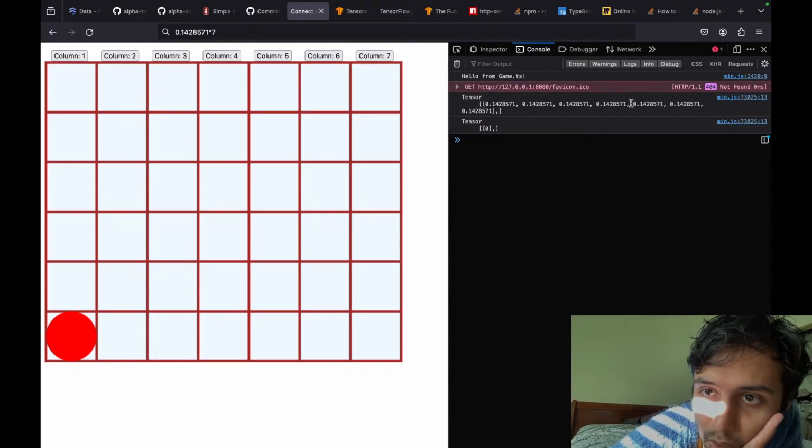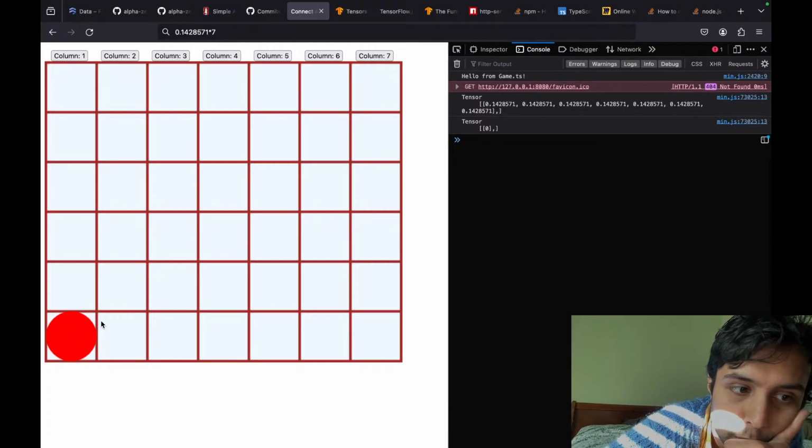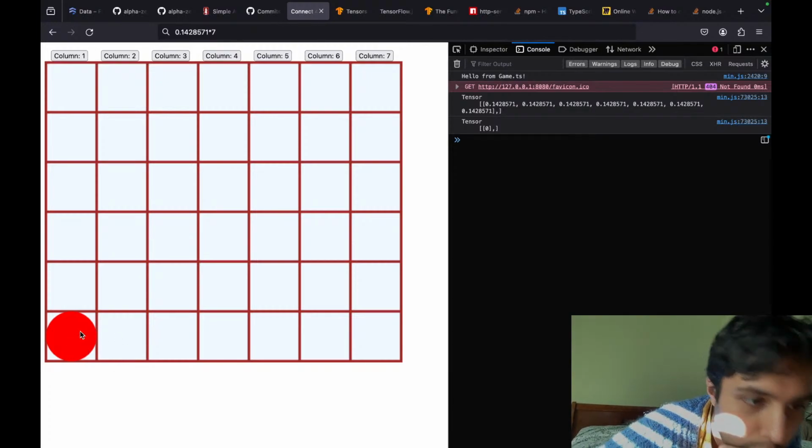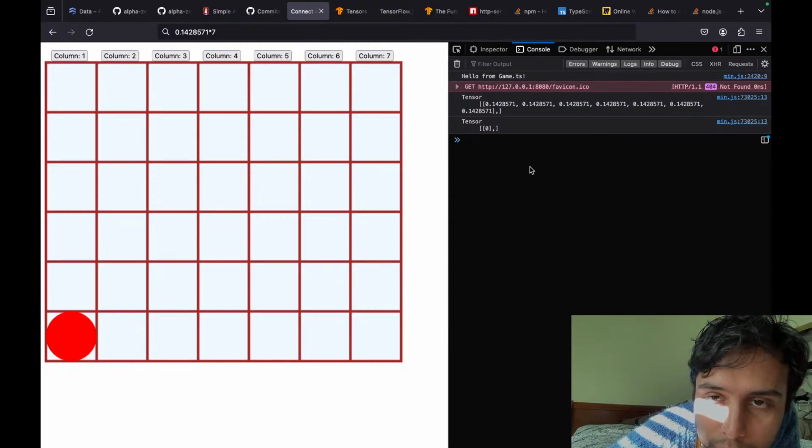Now, once we train the network, it will give higher values to central numbers because you want more central control, right? This is probably the dumbest move you can make. This is the worst move you can start with in Connect 4 because it's furthest away from the center. You want to control the central columns. But anyways, 0 is correct because initially, from -1 to 1, 0 means a draw, and initially everything is equally balanced. Okay, this is really good.